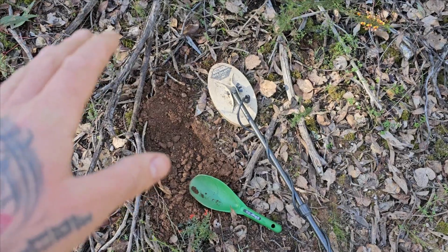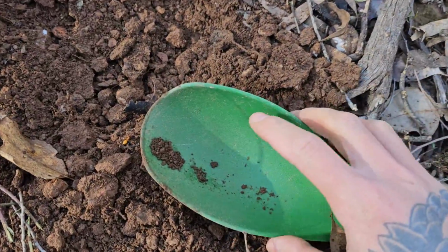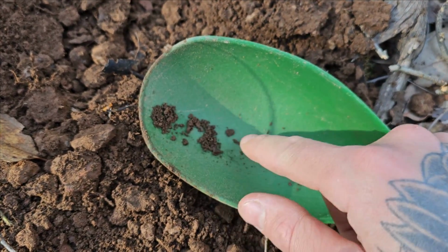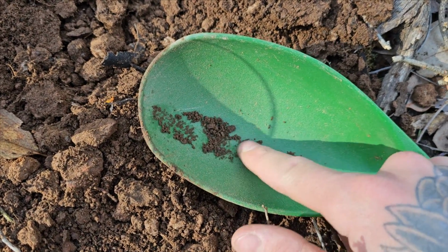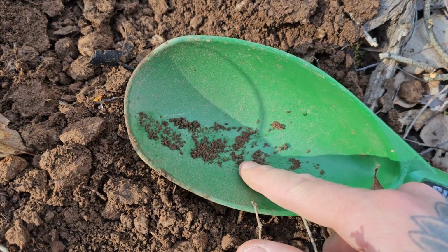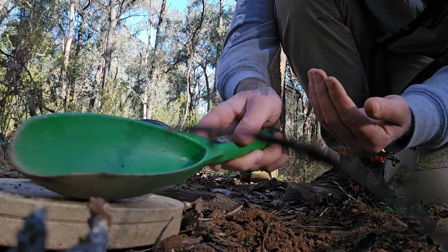And then, wouldn't you know it, I literally just got that shotgun pellet last target, and there is something in here. I haven't seen what it is yet, but I can't see a clear shotgun pellet in there, so I thought I'd better switch the camera on while we poke around and look for things that resemble some kind of hard metal object. Whatever this is